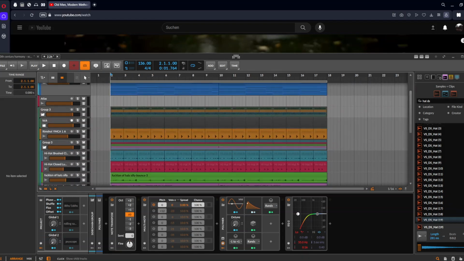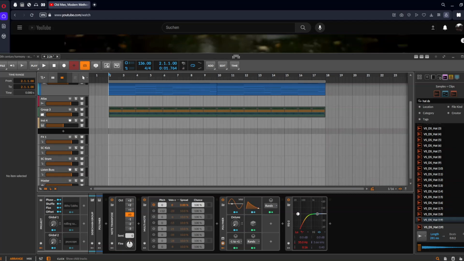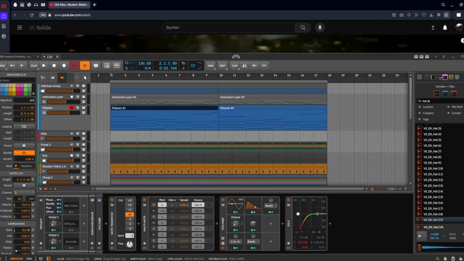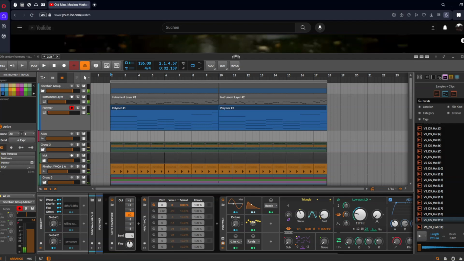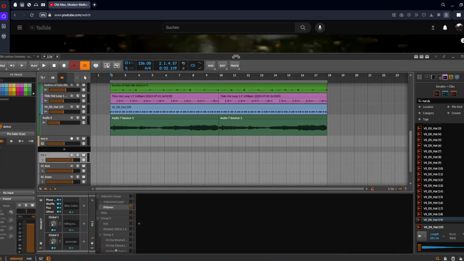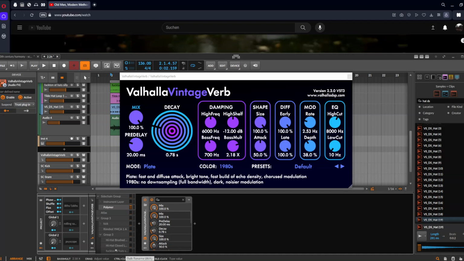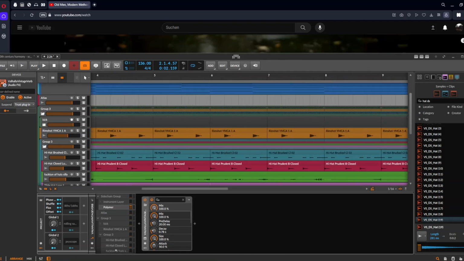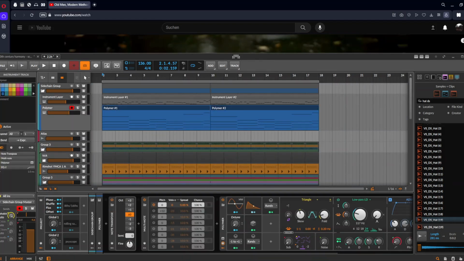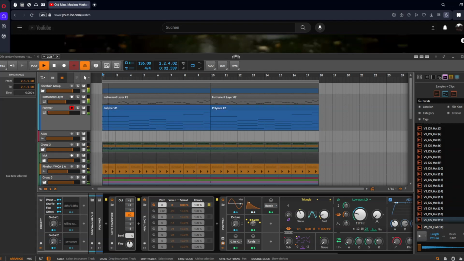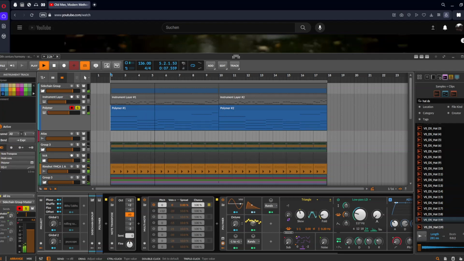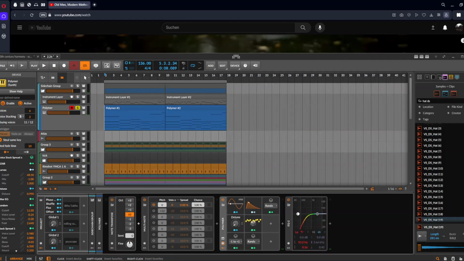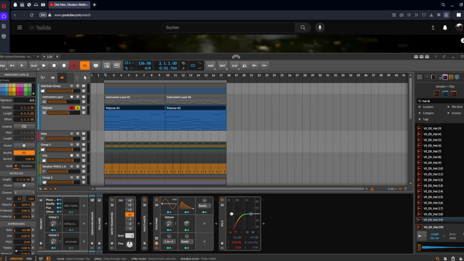If you, for example, let's just start with this here. If you want to bounce this in place, because I don't know, you're sending it to this reverb here. I'm just gonna make some dodgy examples here. You're sending this to this reverb here. You can of course bounce this in place,